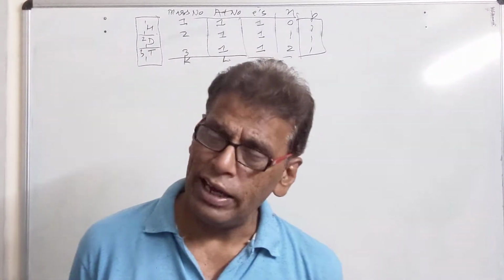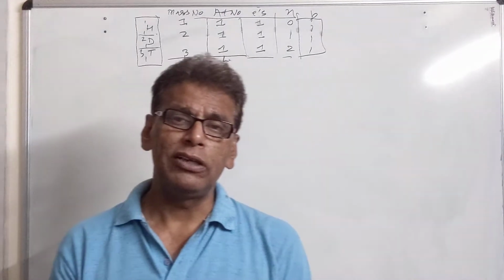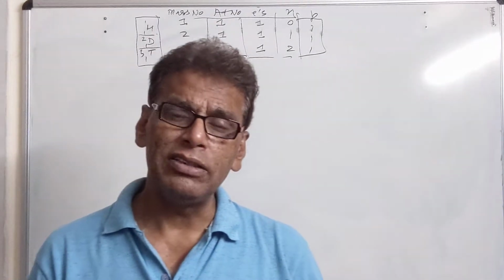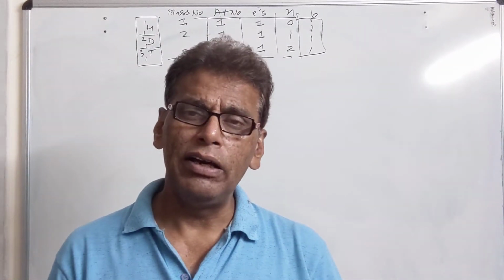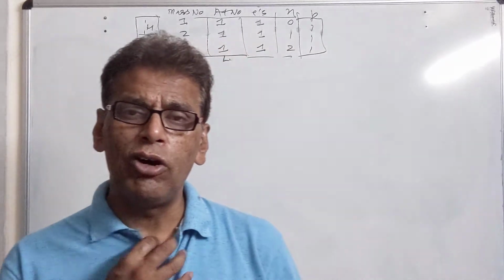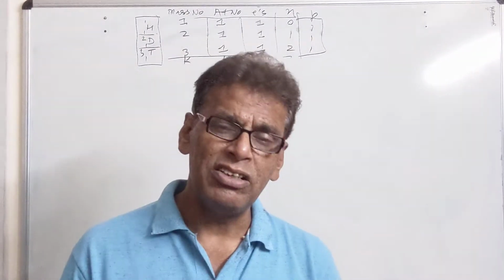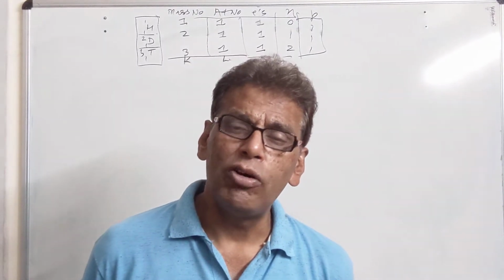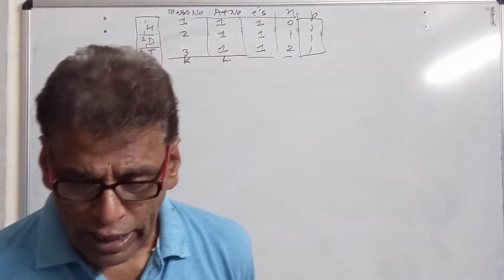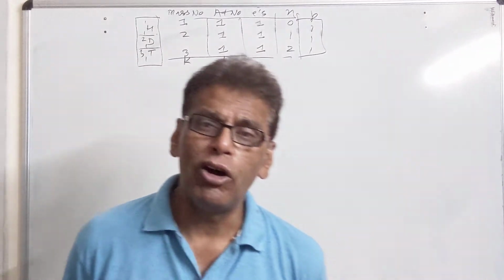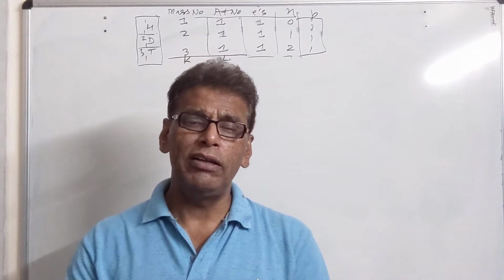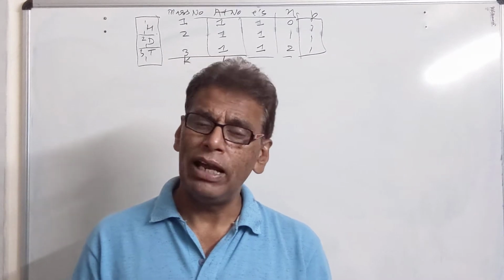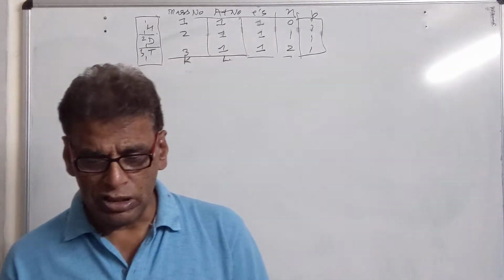It also suffered the same drawbacks which were suffered by the Thomson model. It could not explain the hydrogen spectrum. Secondly, it could not explain the stability of the atom. There was a drawback that the electron will fall into the nucleus by losing energy continuously and the atom will collapse. So these drawbacks were not explained by Rutherford, and they were well explained by the Bohr model. Bohr successfully explained the hydrogen spectrum; the number of lines found in the hydrogen spectrum were well explained by the Bohr model.